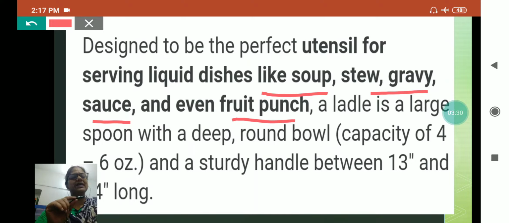This ladle also comes in different sizes. We also serve curd and porridge with these types of ladle.